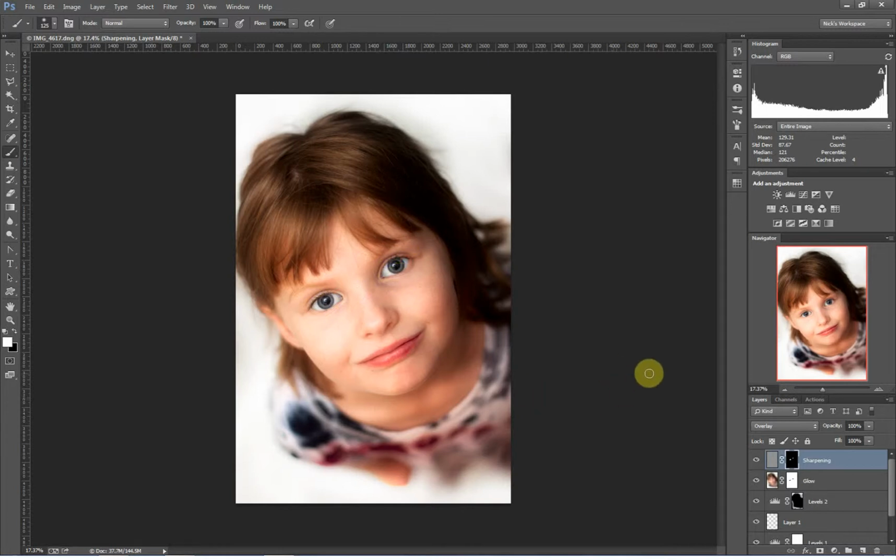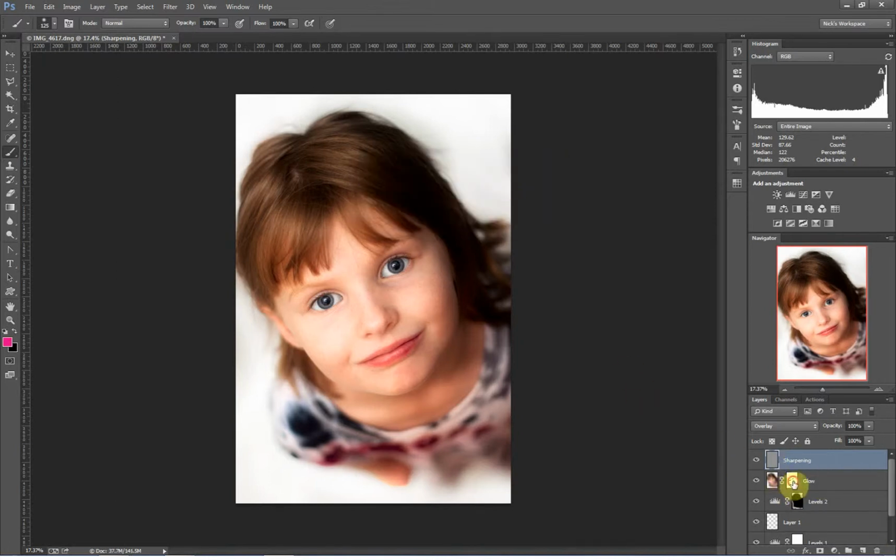However, instead of doing it that way, I already have a layer mask below that actually incorporates the eyes. The only difference is that in this layer mask for the glow filter, the effect is being hidden on the eyes. The eyes are black, whereas I want them in the layer mask to be white. So I can certainly add a layer mask and paint in the eyes, and that works. But another way of doing it